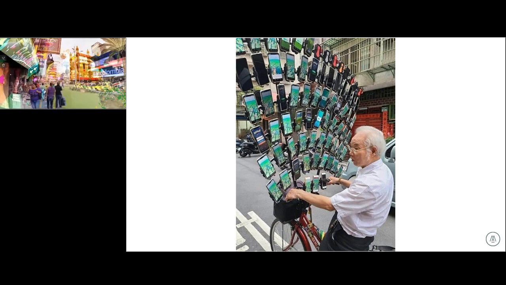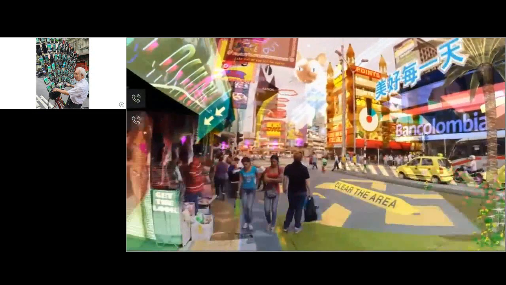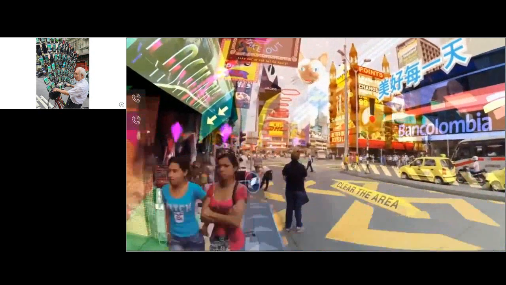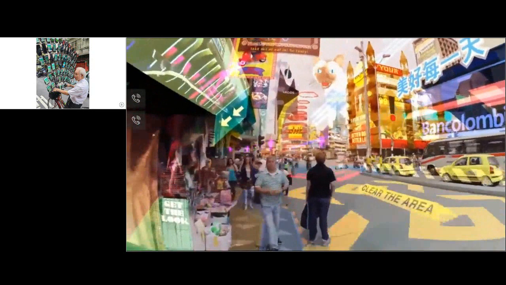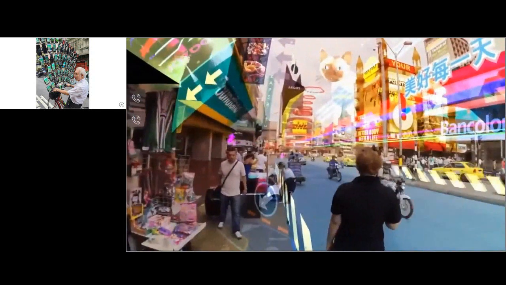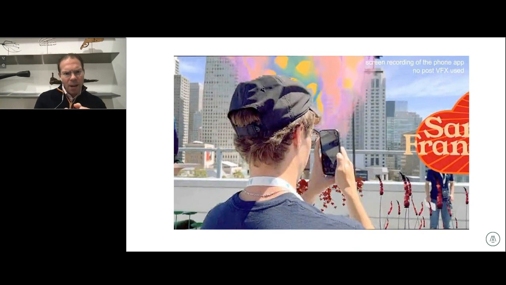So this next video is a demo. This is not real. This was a famous video piece from 2016 by Keiichi Matsuda named Hyperreality, imagining a day in the life of Medellin, Colombia, in a world where AR is commonplace. So imagine wayfinding in streets, but also giant cartoon characters floating around, and of course, advertising and services all about. The interesting thing about this now is that Keiichi Matsuda,